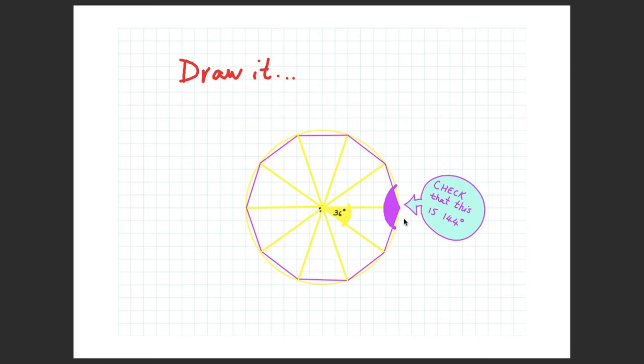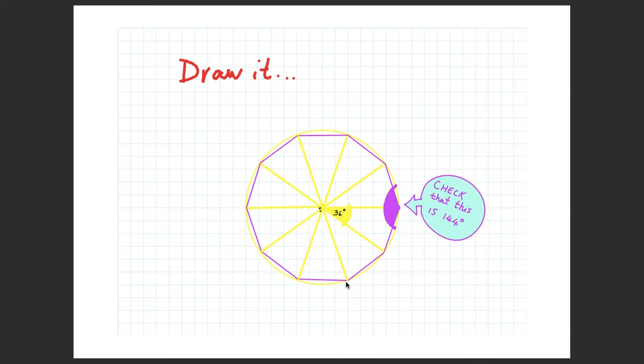So instead, a little bit of a cheat: draw a circle, split it into 10 by doing 360 degrees divided by 10, which makes 36 degrees. So just split the circle into 10 parts, 36 degrees apart, and then join those parts up with straight lines